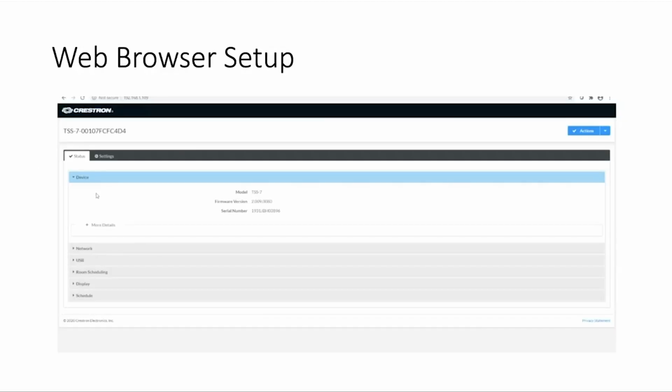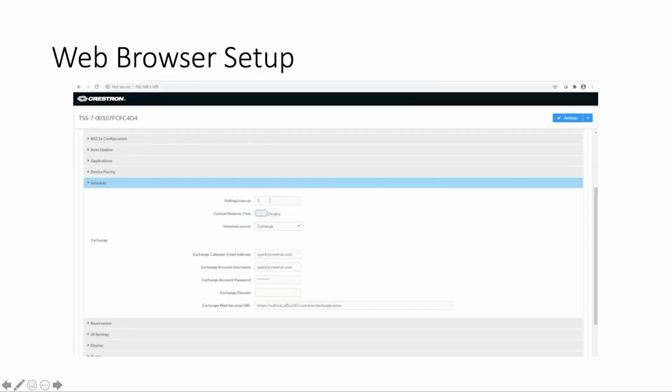So in that web browser setup, you're going to be going into the device ID itself. You're using the web address for it, or you're going to be running it through our cloud service, which I'll talk about shortly with XIO Cloud. You're going into the device settings, you're putting it in room scheduling mode, which you'll see as one of the options on the dropdown. And then you can set a polling interval for how